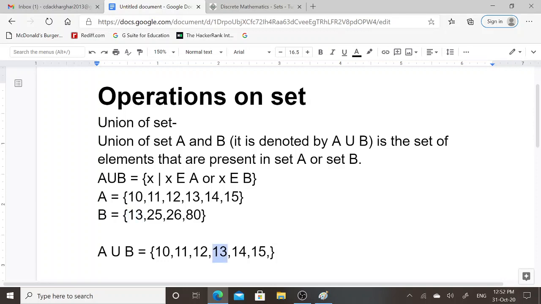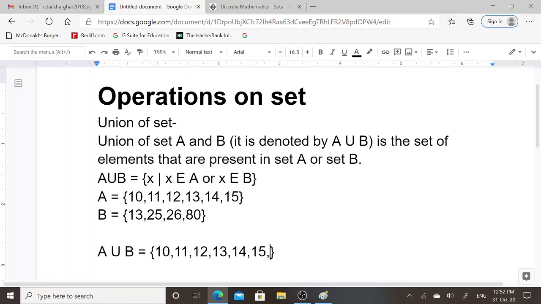Because 13 is the common element, it is present in set A as well as in set B. Since I have already mentioned 13 in this union operation, I will not repeat this element in this set.